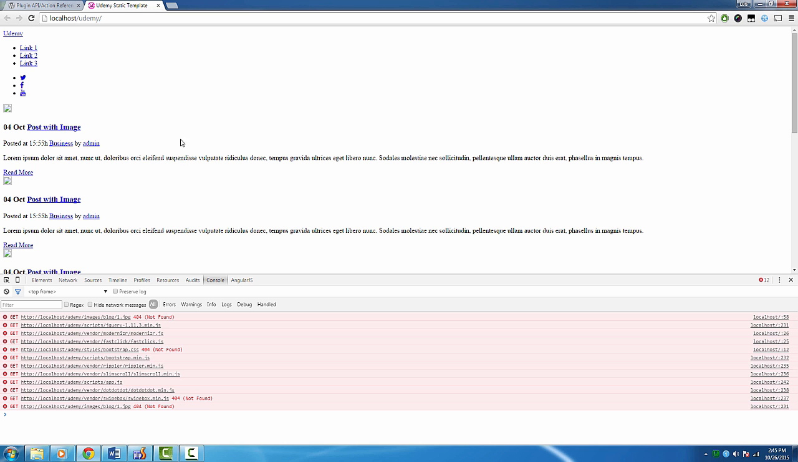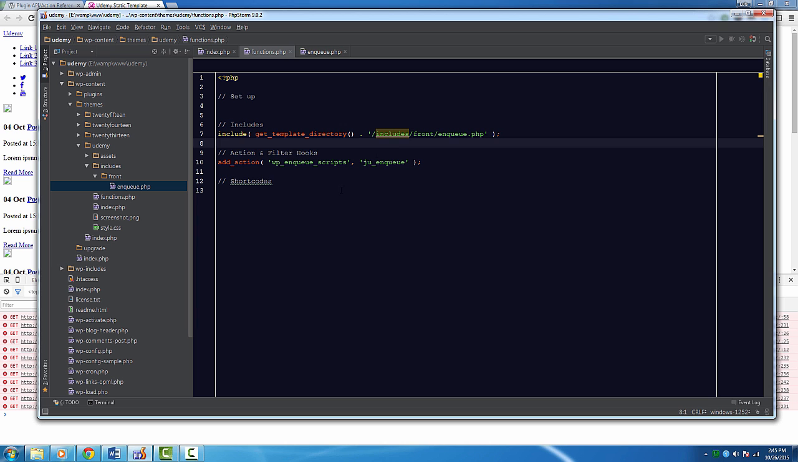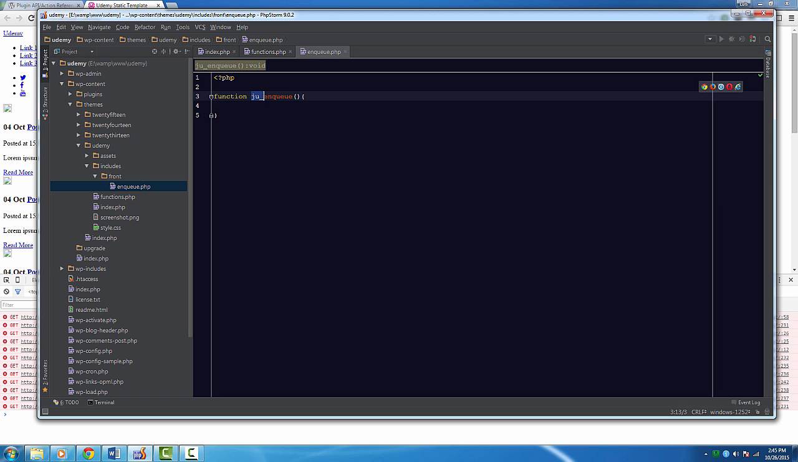If we did everything correctly, we should be able to refresh our page without any errors. Since we have no errors, that means we did everything correctly. One last thing before I wrap up this lecture. You'll notice I named my enqueue function